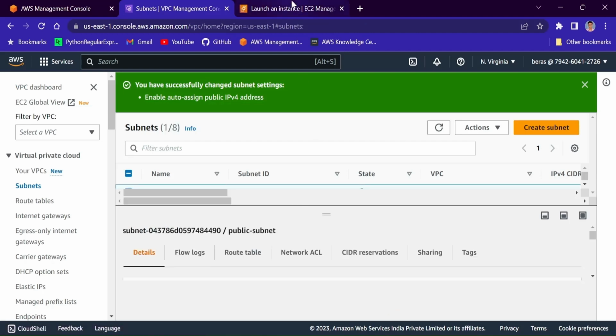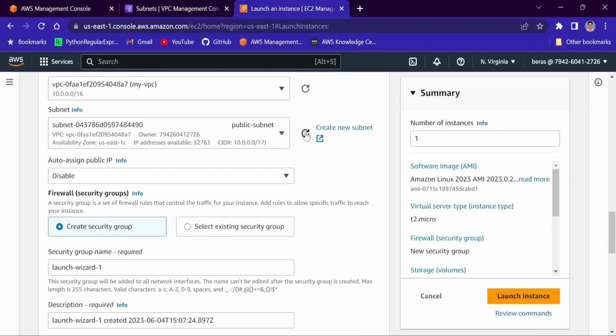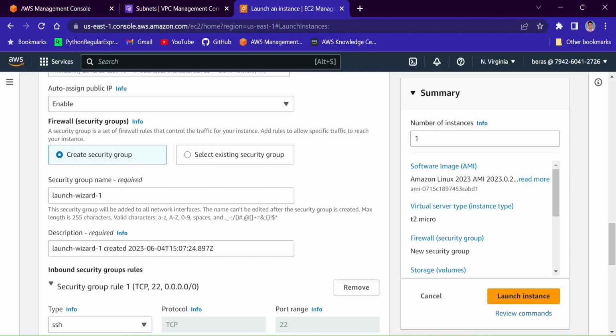It's now saved. Now go to this page and we'll refresh here. See, the auto assign public IP is now enabled. Fine. I will create one security group for this EC2 instance. I will name this as public security group,